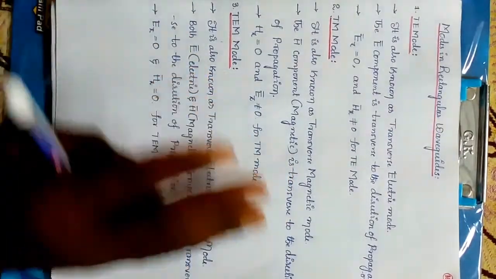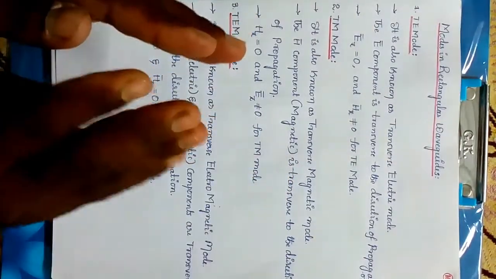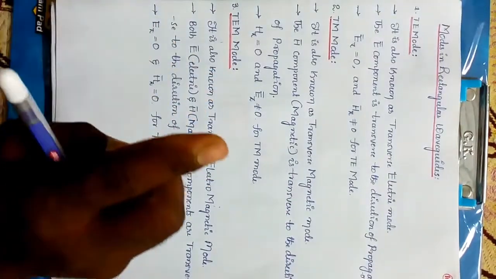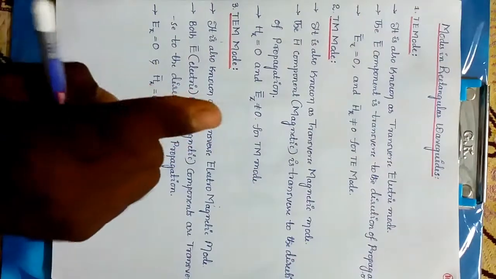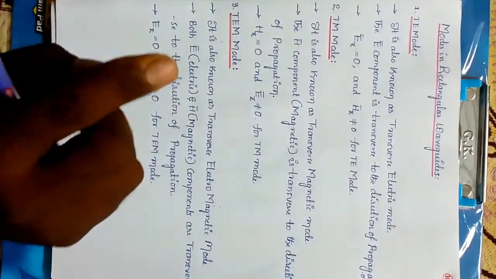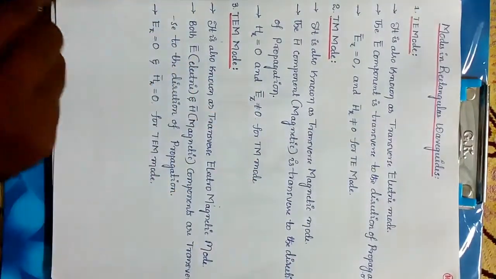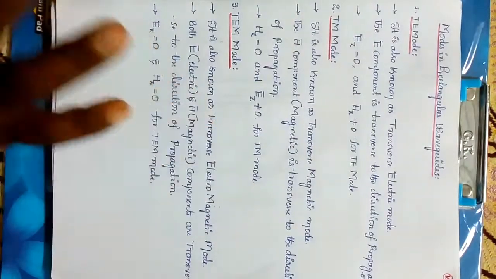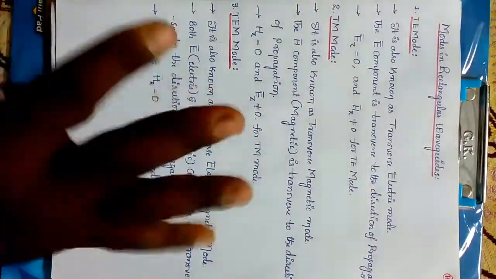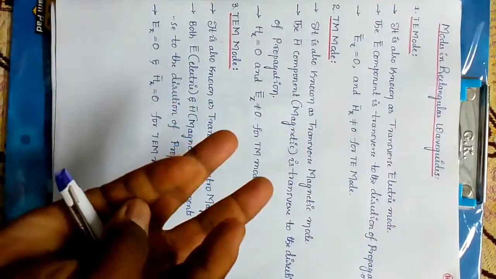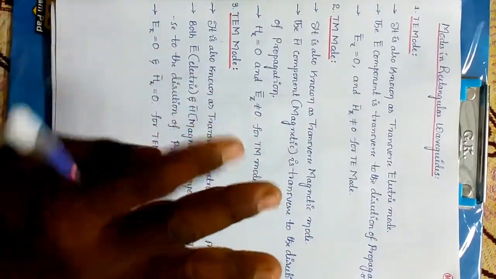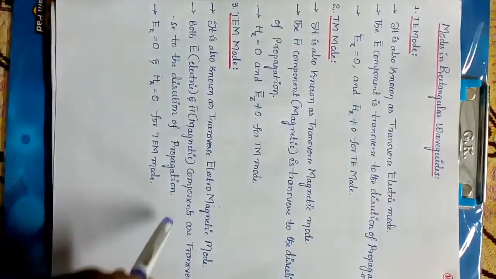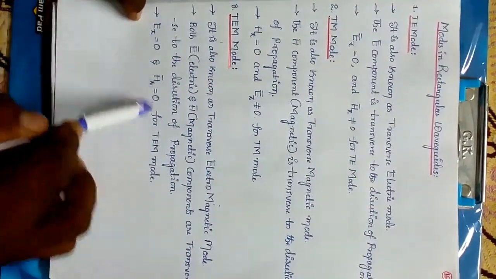In any waveguide, two components or two waves are not possible at a time. Remember that. At a time only one component is transferred in the direction of that particular waveguide, either the electric component or the magnetic component. Two components do not exist at a time in any waveguide, whether circular, rectangular, or whatever it may be. Simply remember that, so Ez is equal to 0, Hz is equal to 0.